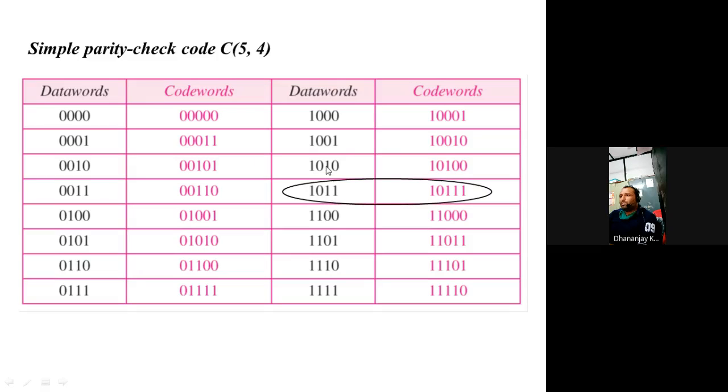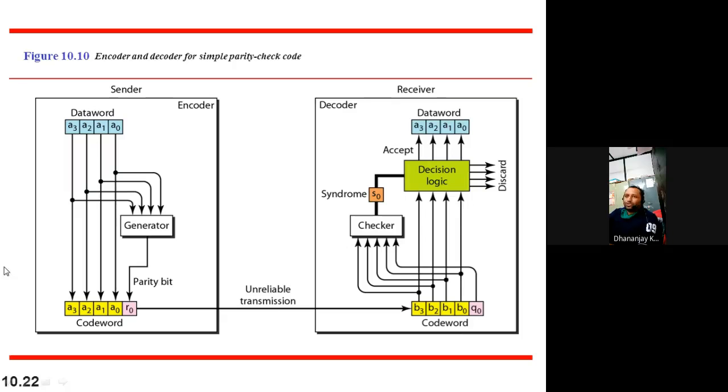Just take the example just above it. Here it is 1 0 1 0. That means the number of ones is equal to 2, which is an even number. So obviously the output would become 0. But as we are going for odd parity, the redundant bit here comes 1. So try to link that example here. The values will appear here 1 0 1 1, and the redundant bit value will become now